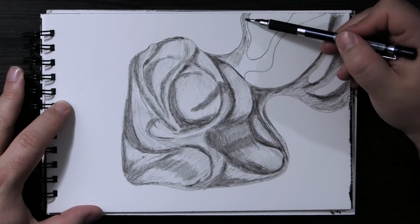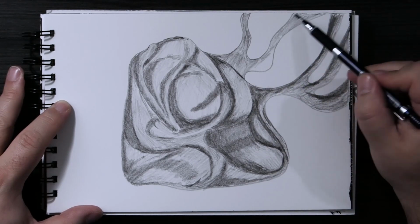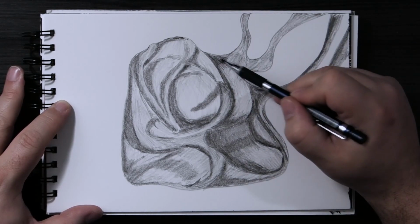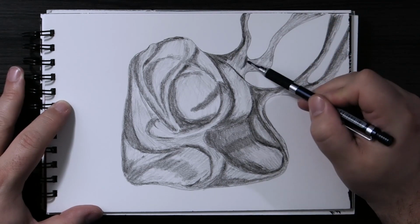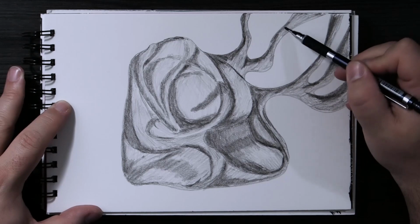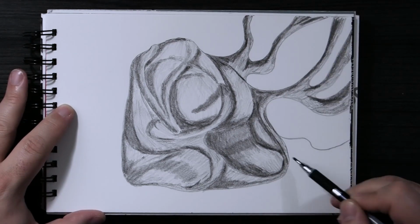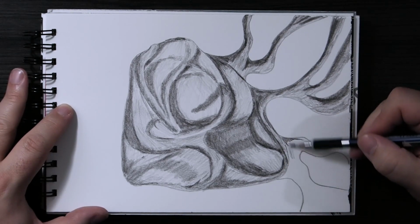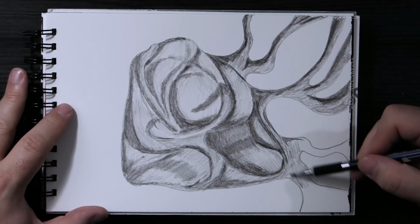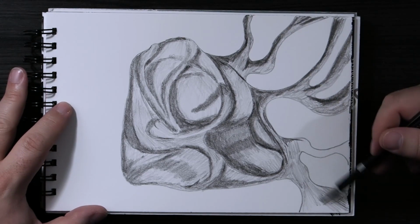Usually I say, I'm not really proud of this, or I'm not really happy with this, but it's okay, and I'll just take something to the next drawing. This one I really liked. I actually really like this drawing, and I'll probably take this idea and do something better with it and do something bigger with it. But it was just fun to experiment with. So always experiment with your art projects. You never really know where you're going to end up, and you may experiment with something and find something completely